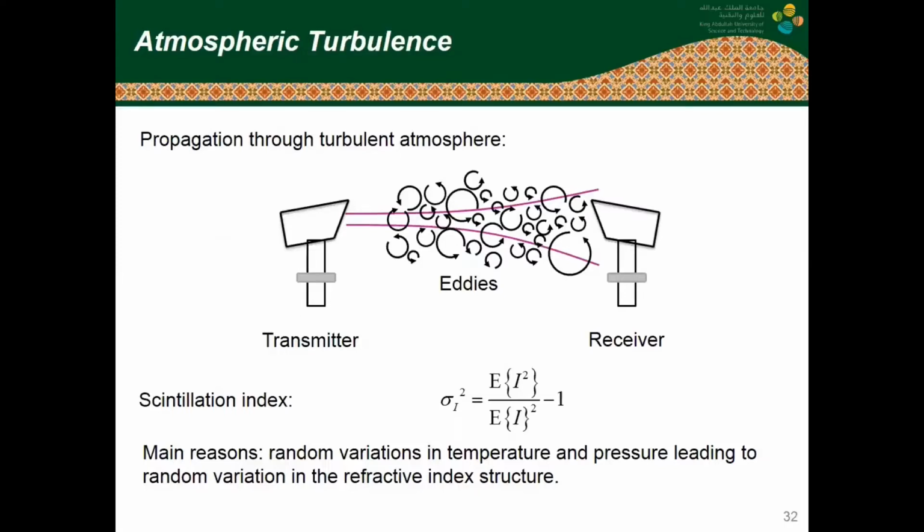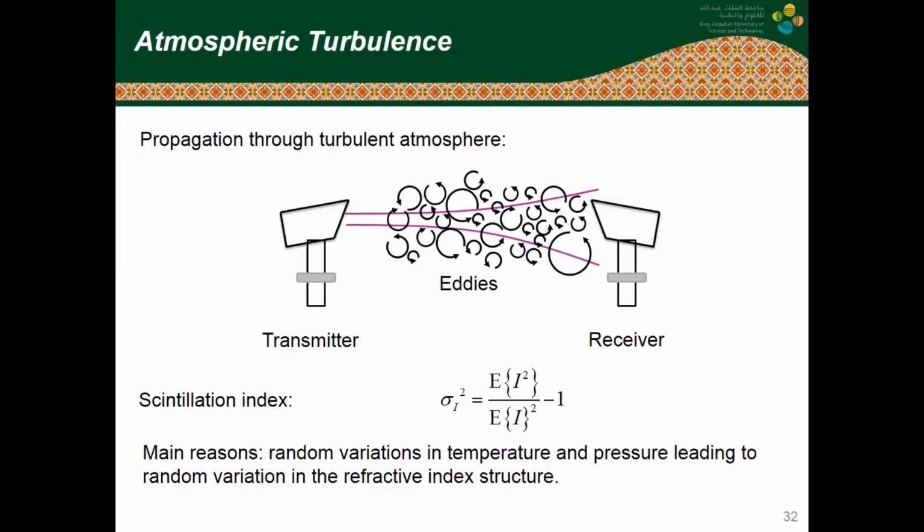Basically, because of this variation of temperature in the different layers of the atmosphere, as an optical wave propagates in the atmosphere, it may go through these turbulences, and the end result is at the receiver end,